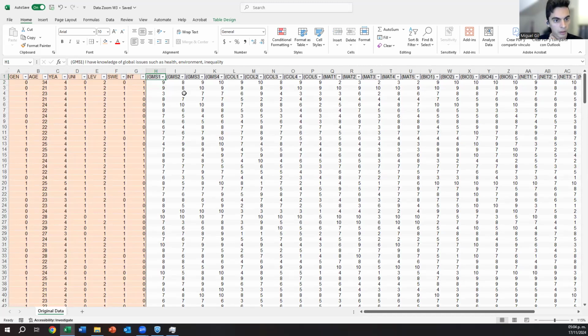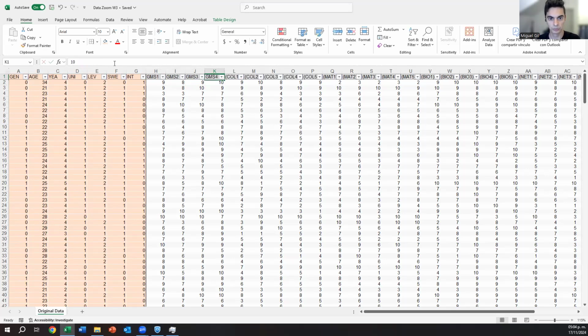So now the next thing that we need to do is going to be easier. And this is also because we have a very good survey. In the survey, we have questions that go from 1 to 10. And that applies for everything, for global mindset, materialism, collectivism, everything is like that, 1 to 10. So that is good. We don't really have to do anything in here. Everything is going to work perfectly. So we can actually start just changing the name of the variables to GMS1, because this is global mindset 1. You can see in here on the top, GMS2. You can do it like that, GMS2, GMS3,